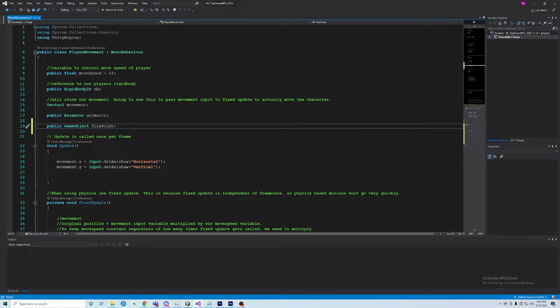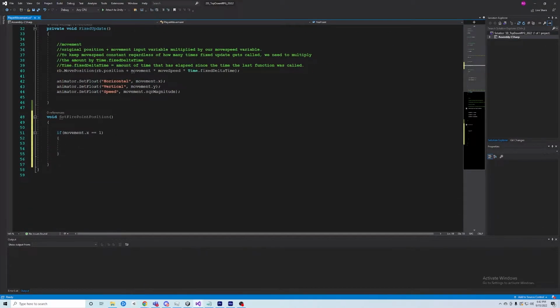That will hold a reference to the fire point in the scene. I'm going to scroll down here, and now we have the fire point variable. I'm going to say if fire point, that game object's transform, and its position,